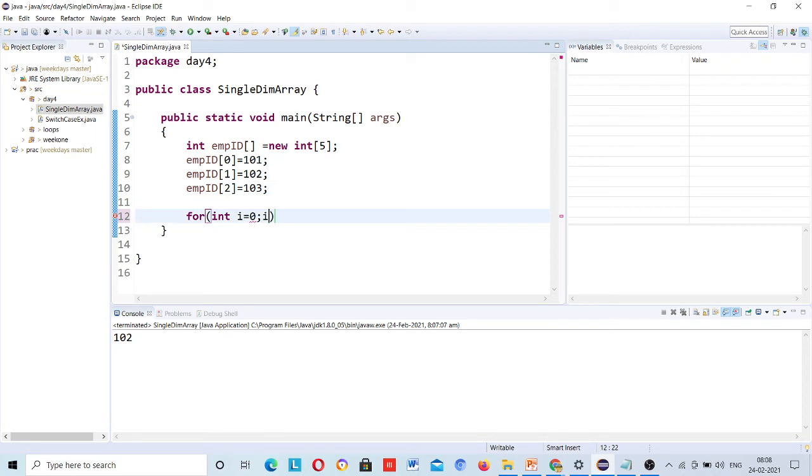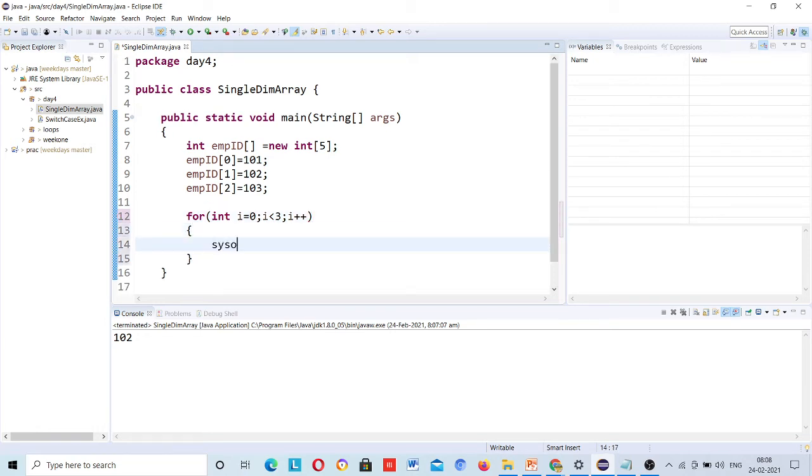If I make it less than 3, it will run 3 times, because it starts from 0, 1 and 2, and 2 is less than 3. When the value becomes 3, it will not run, so the loop runs 3 times, with values 0, 1 and 2.